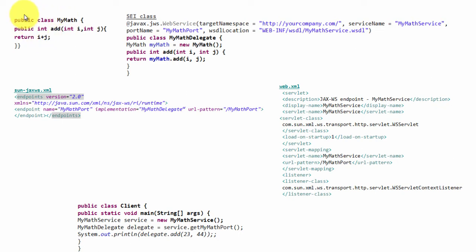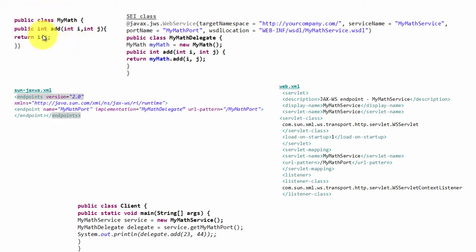But I am not directly putting any annotation on this program. In Java, it is considered a good habit not to put all these nasty annotations directly in the actual class which contains the logic.